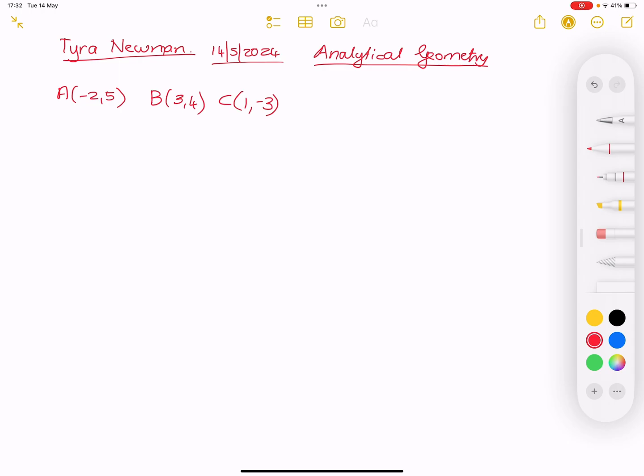Now they say, the first question is: determine the length of, say for instance, AB, right? Okay, now you look at the length formula, the distance formula. It's that one, eh? So the formula is